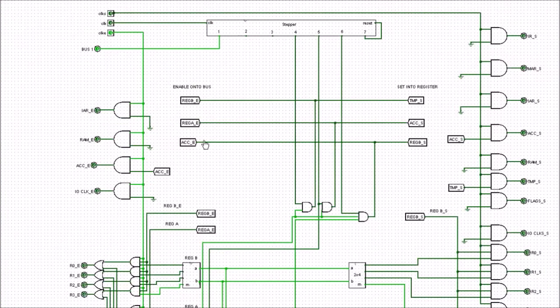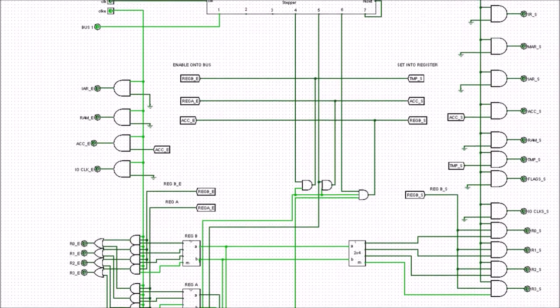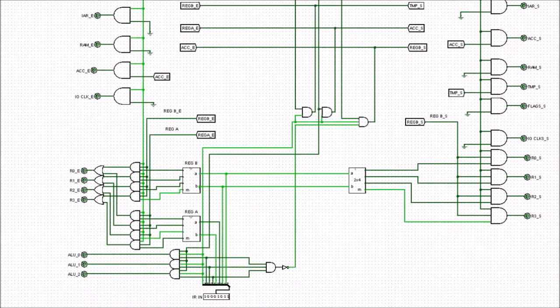This is us inside our control unit, and you can see there's a lot involved in this, but we'll take our time and work our way through it. So we're going to split it into little chunks. The first chunks we're going to deal with are these reg A and reg B and the outputs to our registers. So you can see that we've got our instruction set coming in here, and of course it's split